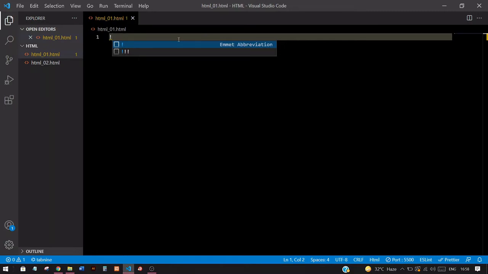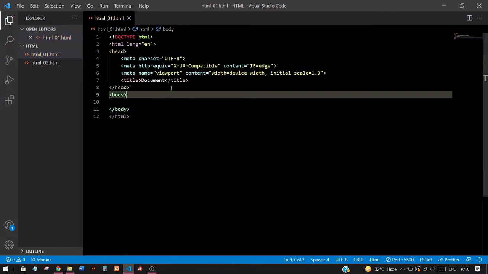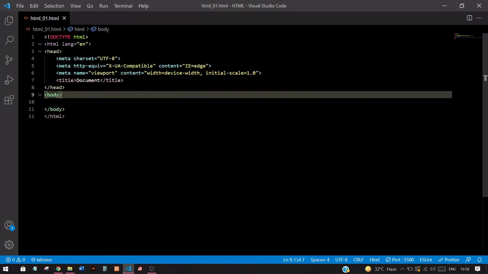So for the Emmet boilerplate to show up in HTML particularly, you just have to press shift along with the exclamation. Then these two options will come up. You just select the above one, and here we go. We have the boilerplate code template ready for us. I'm just pressing Ctrl B now and